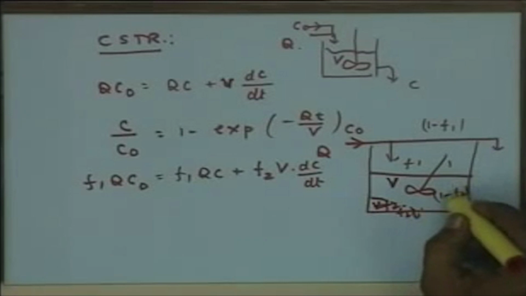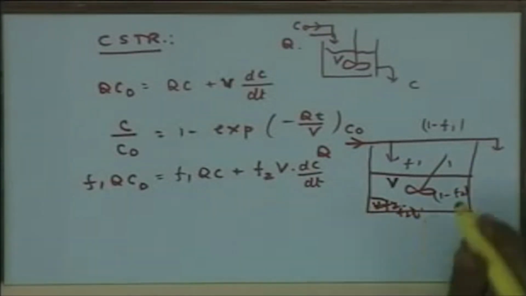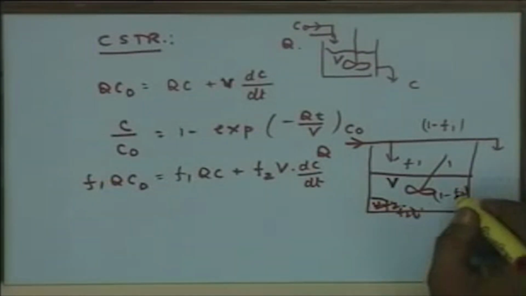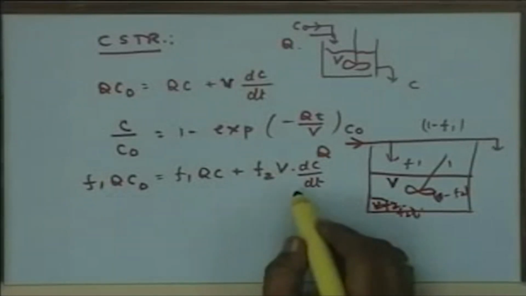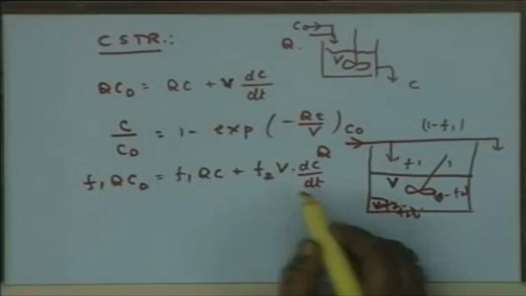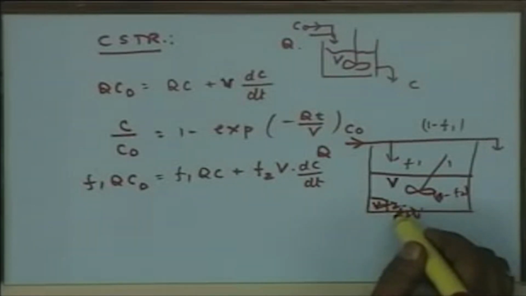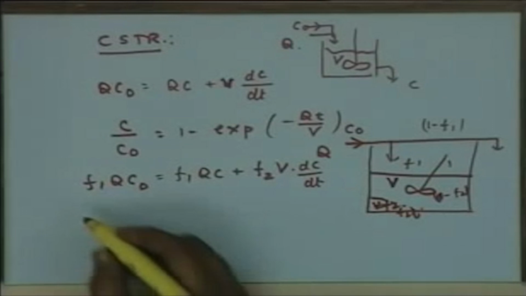So, the rate of change of concentration will be F2 into V into dC over dt. Is that right? That means you have to define F2. F2 is the fraction which is in the mixed zone, as per this mass balance. So 1 minus F2 is in the dead zone, and therefore now if you integrate this equation, you will get